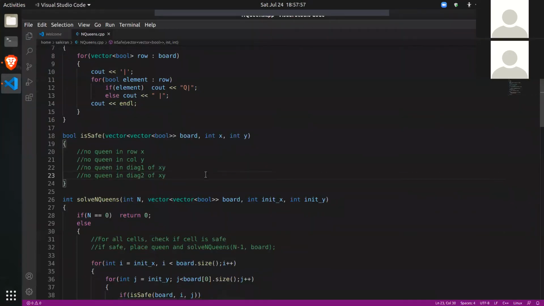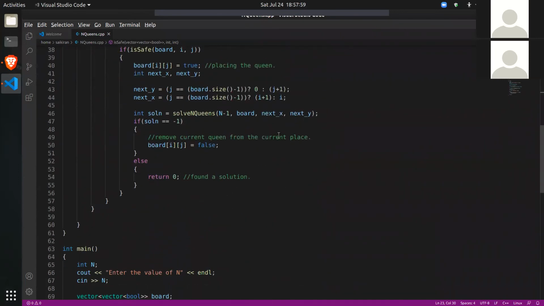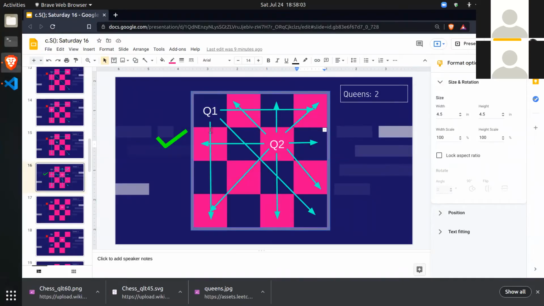Instead, what we can do is simply have an array. For example, if we have 4 rows and there is a queen in the first row, in this array, in the first position, I'll make it true. What that means is the first row is attacked, so it will clearly tell me that I cannot place any queen there. Similarly, if the third position in that array is 1, it means the entire third row is attacked and I cannot place a queen there.